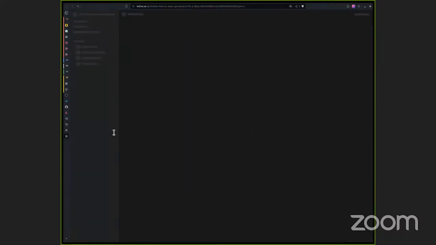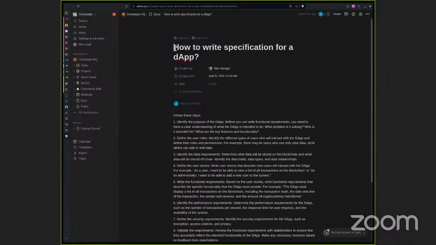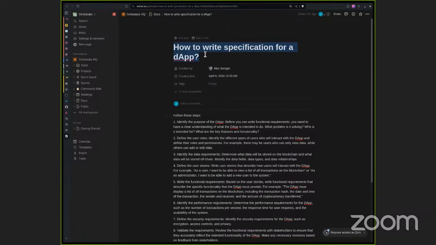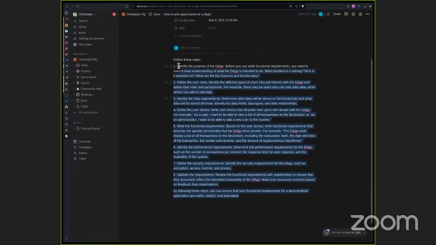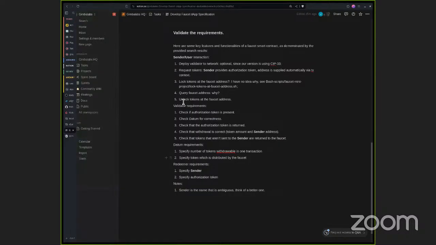The other one, how to write the specification. Yeah, I think this is a good proposal for steps to follow. Hinson, I know that you have a process as well. So let's look at this from both perspectives. Let's not decide yet that there's one way to do this. Here's one way. But let's take a look at the specification here and let's start to flesh out some of these details.